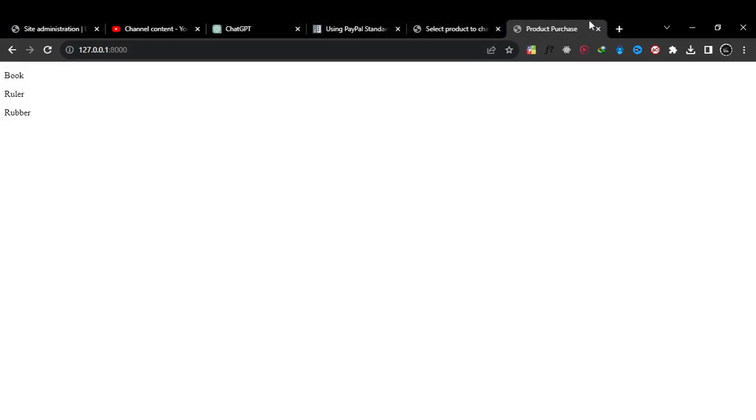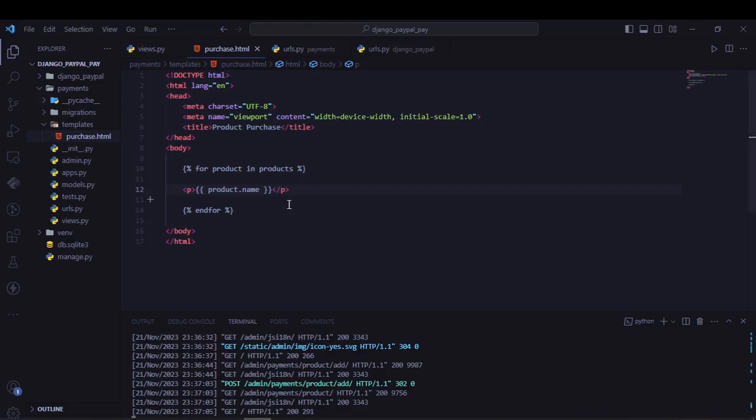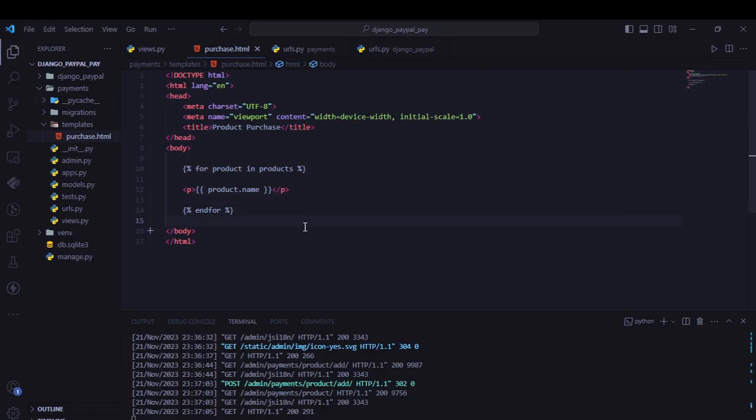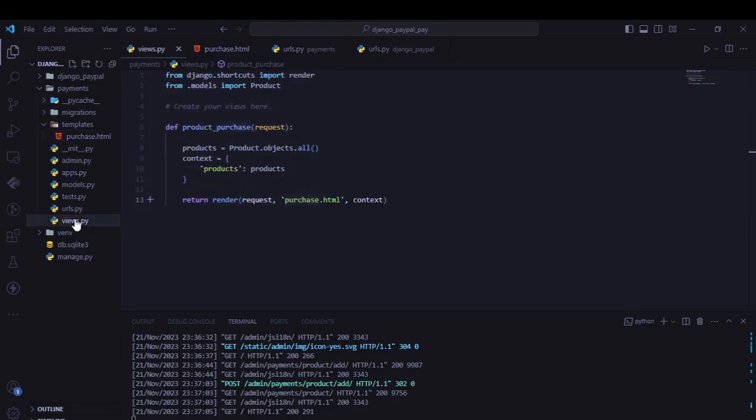So the first part is completed. Let's go to the next part. For the next part, I want to modify the view and the URLs so that we can access one product. I want to do it in a simple way. So inside the views,